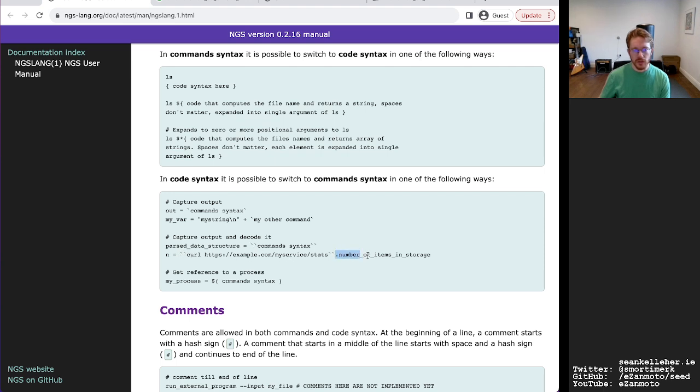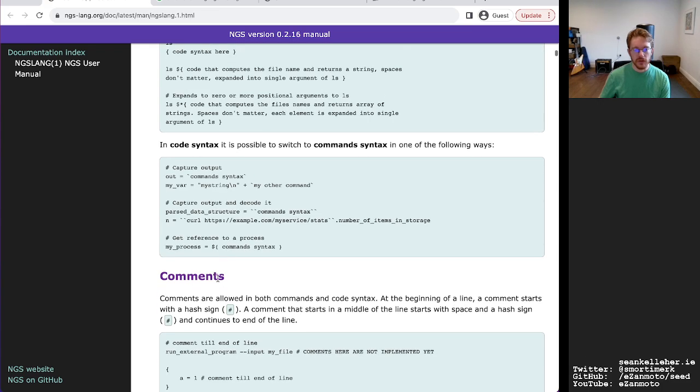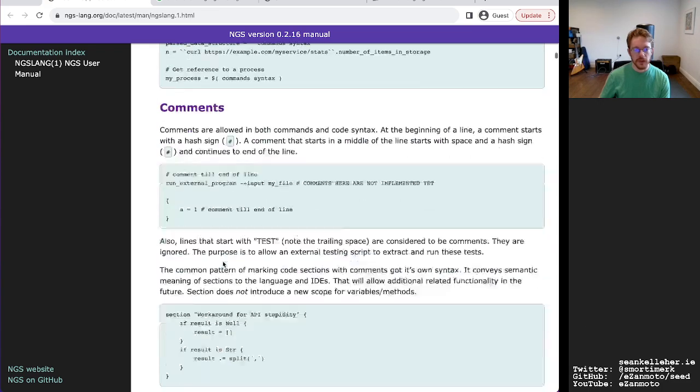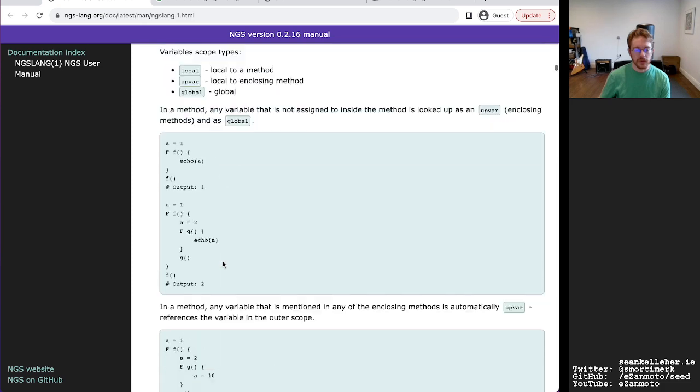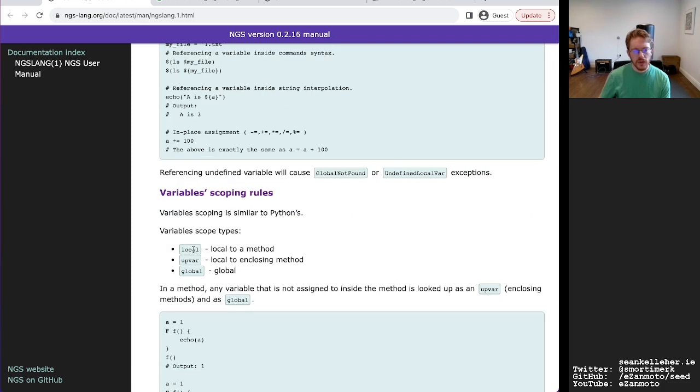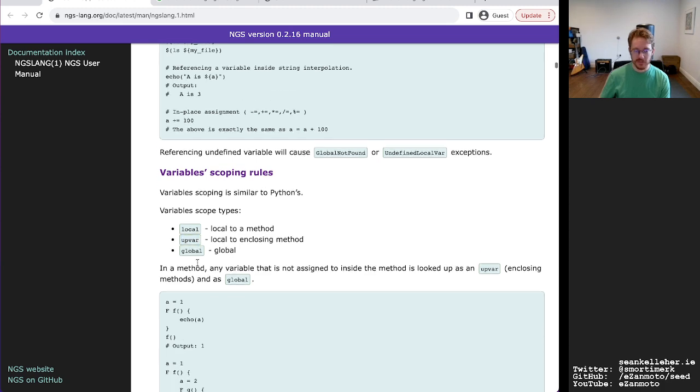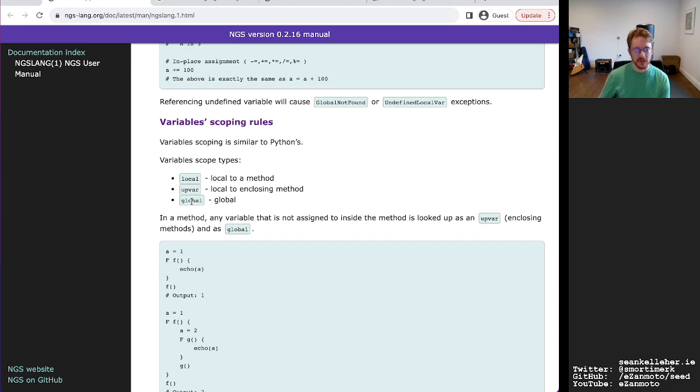So straight away we can access it like this. Yeah. And then get a reference to a process using that. Yeah. So we have comments, variables, scoping rules, that's all good. Local to a method, local to the enclosing method. Interesting. I wonder what the use case for that is.